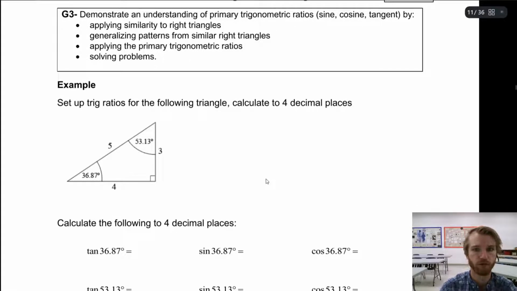So the first question here just says to set up the trig ratios for the following triangle, calculate to 4 decimal places. Okay, so when it says trig ratios, what it means is our SOHCAHTOA stuff. That's our sine ratio, our cosine ratio, and our tangent ratio. These are on your formula sheet. The easy way to memorize them is not very hard because there is this